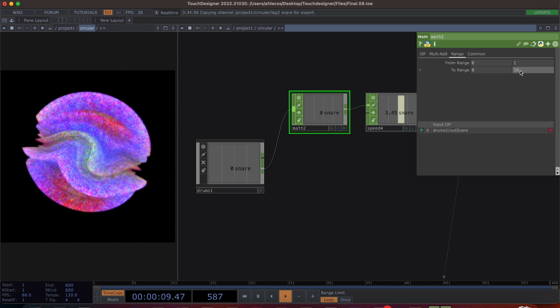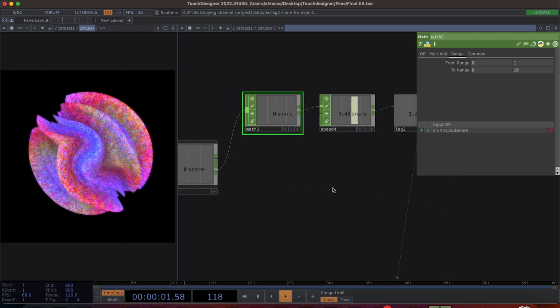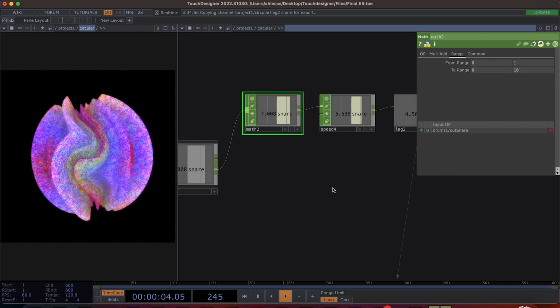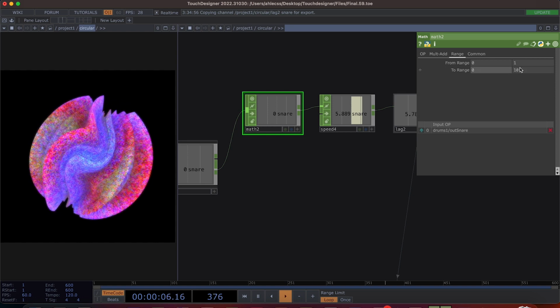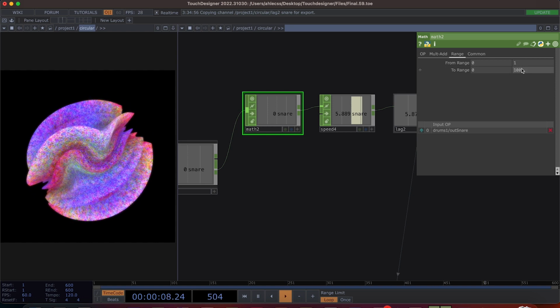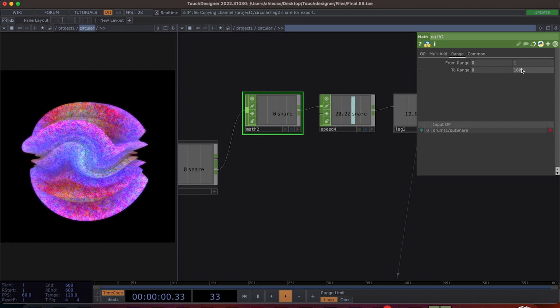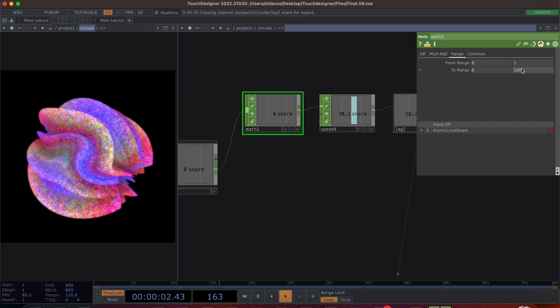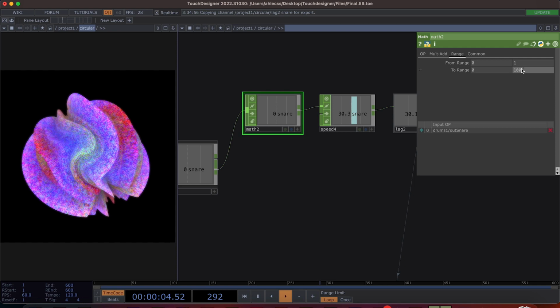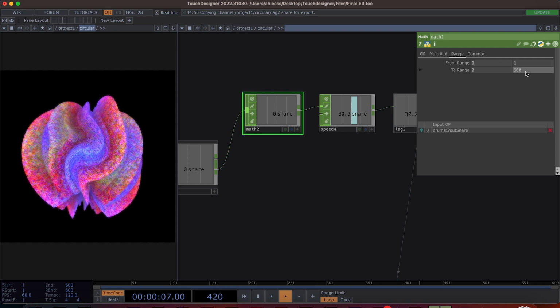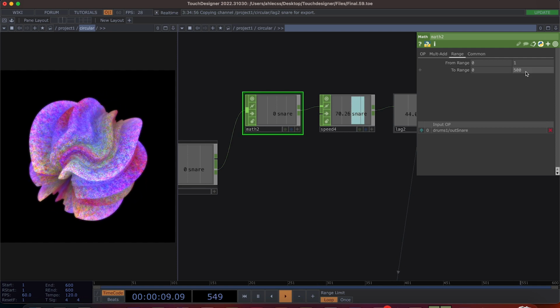So just multiply by 10. But we didn't see any changes. So multiply it by 100 maybe. Then you can start seeing changes. Let's go for 500. Okay,